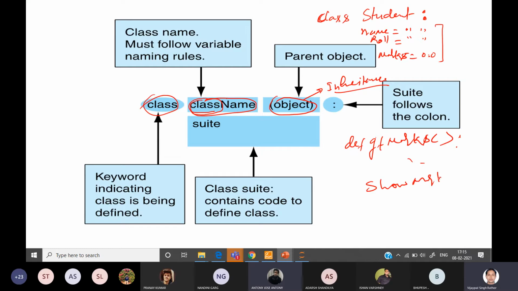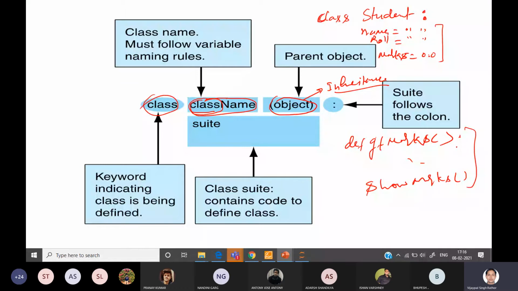Sir, but these are all private, na? No, private and so on, what is this? Let's see it later. Currently I am not talking about it, because I am currently focusing on understanding the class or object, what it is. Then we will focus on the other things later. These are not private actually currently. We will discuss what is private or what is public and all these things later. So these things I have to create.